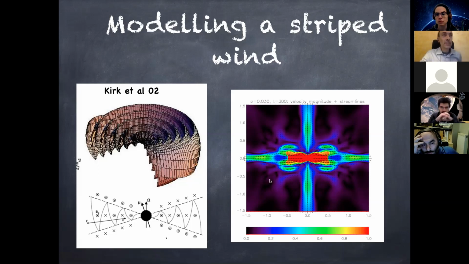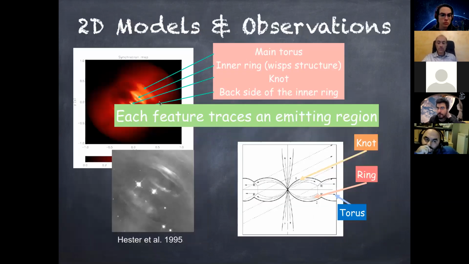Now, this is a plot of the velocity structure in the PWN, but you don't see velocity. You see synchrotron emission. So what you can do is take a prescription for acceleration at the shock. Now you follow the accelerated particles as they move into the nebula. Each accelerated particle will lose energy as it moves into the nebula, it will radiate. And then you can compute the contribution of each of these particles to the radiation seen by an observer, which will depend on the inclination of the system and on the frequency at which it is observed. Now, if you do all of this, you end up with something like